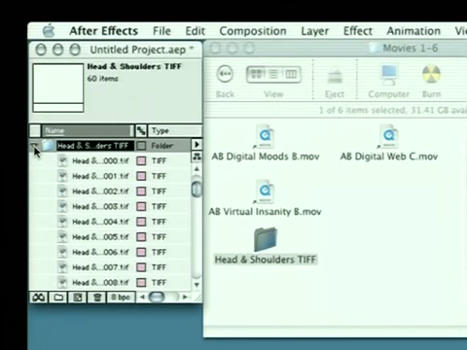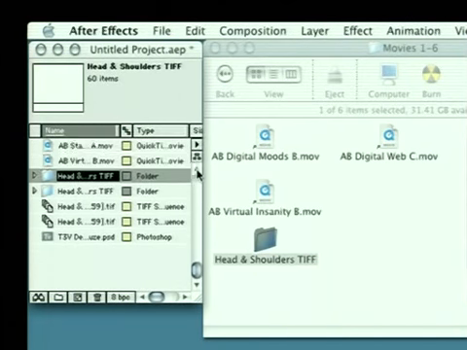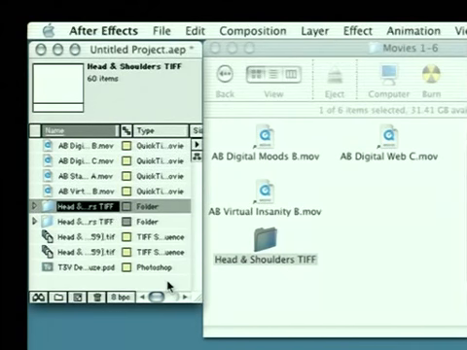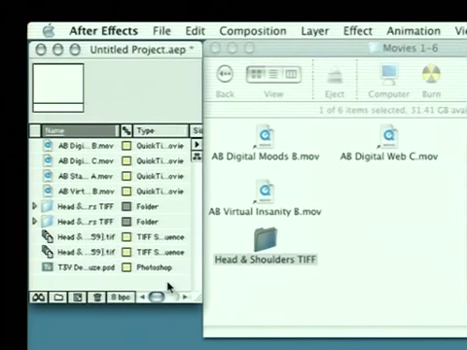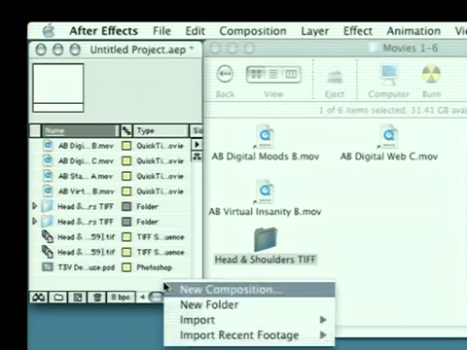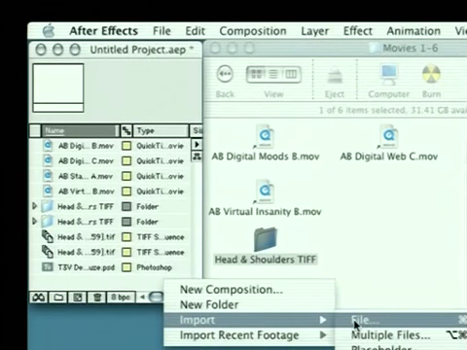You can see that you have two different ways there to bring in a sequence, one from the desktop and one by going to File Import itself. Now, one other thing that's worth pointing out is if we wanted to import a folder full of footage the same way that we could by going to File, Import, and choose File, and then select a whole folder full